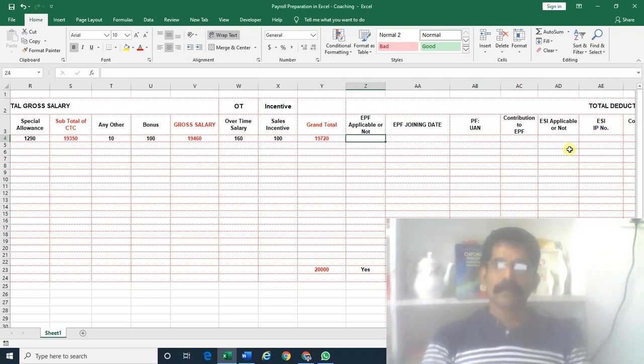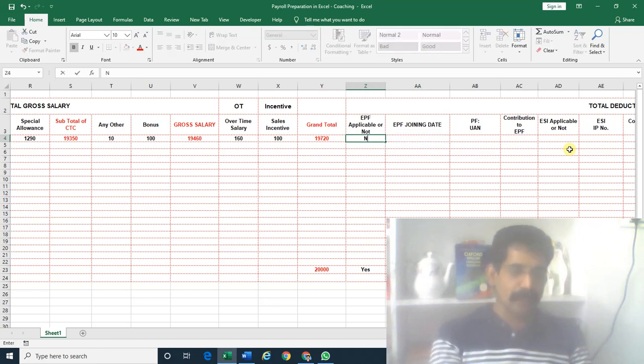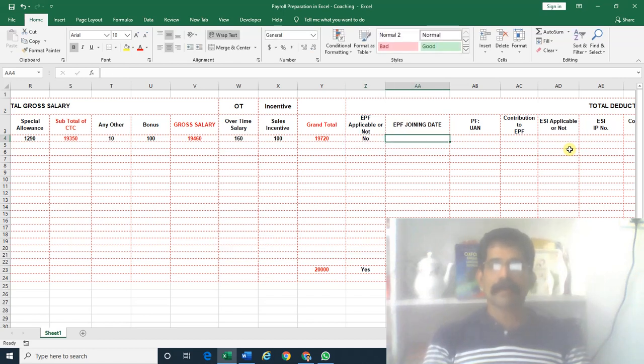That means if this employee is joined with EPF, we will put yes. If it is given yes, the system will show a question, enter the joining date. If it is no, it will not ask anything here, it will be blank.